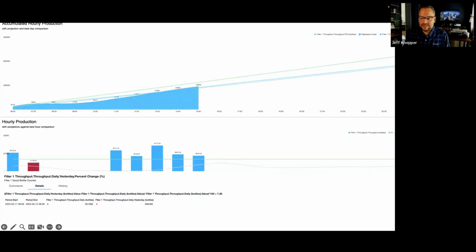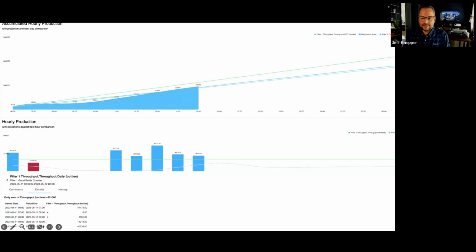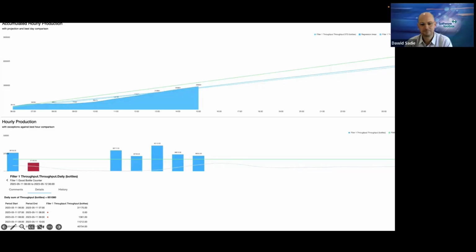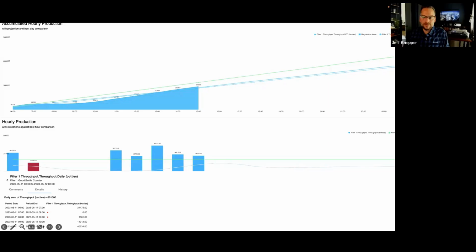So there are 2 variables: today and yesterday. Here's today's number. Here was yesterday's number. Oh, cool. Let's keep drilling. I'm curious about today's number. How do we get that? Oh, that's the daily sum of the throughput variable or dynamic property. So we're in the information model. We're seeing the piece of equipment. It's a filler. We were looking at a measurement, which was the day over yesterday, right? KPI. Now we're looking at a dynamic property called daily sum of throughput. How did we get that? Well, that was a summation